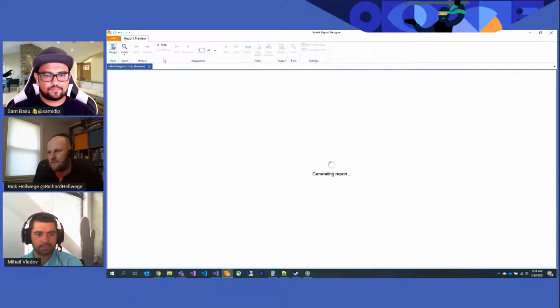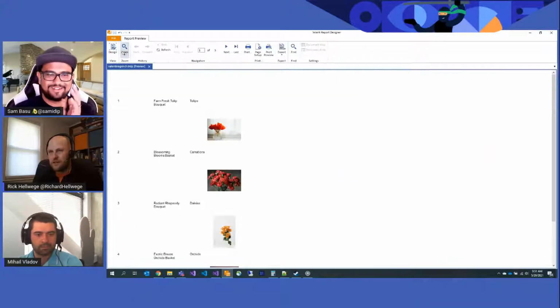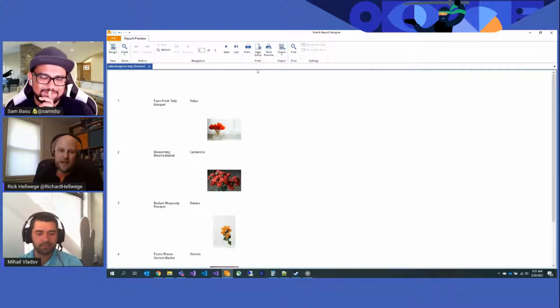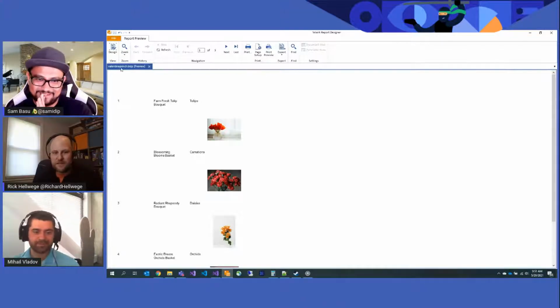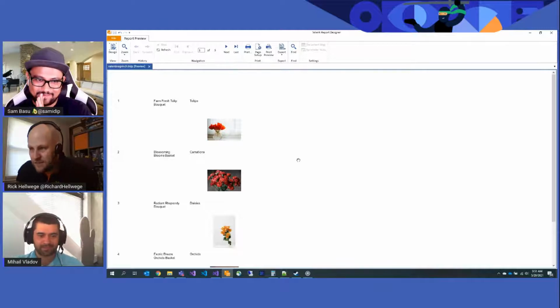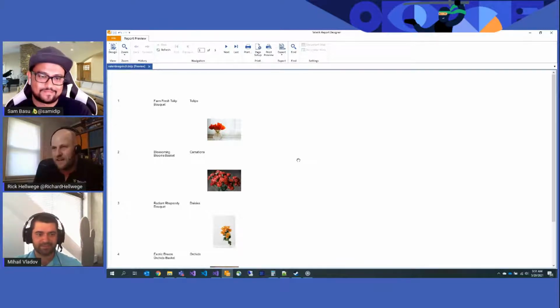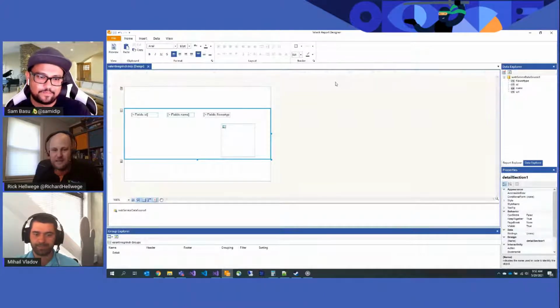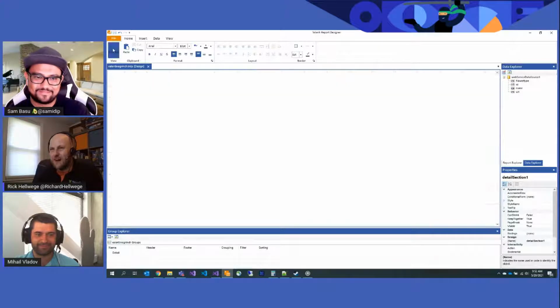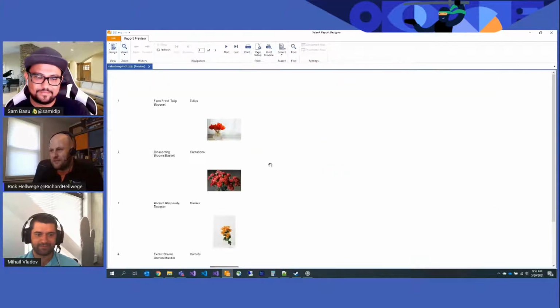And we'll go back to preview. The fact that you can quickly toggle back and forth between design and preview, make a step, make a change, go look at it, make a different change, go look at it, really does facilitate rapid development, especially for someone like me who is not very design oriented. I've always said, I'm a programmer by trade. Don't ask me to make something look pretty, but it definitely helps people like me create reports, one small step at a time.